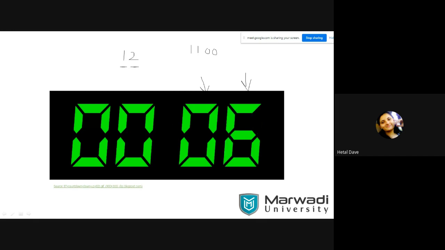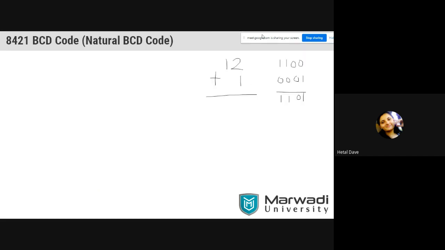So as per the application, the coding is different. If I want to do addition, then I will require 1100. But if the application is different, if I want to display separate digits, then I need a different coding method, and that is called BCD. So what is BCD? BCD is used to represent 0 to 9. Only decimal numbers.